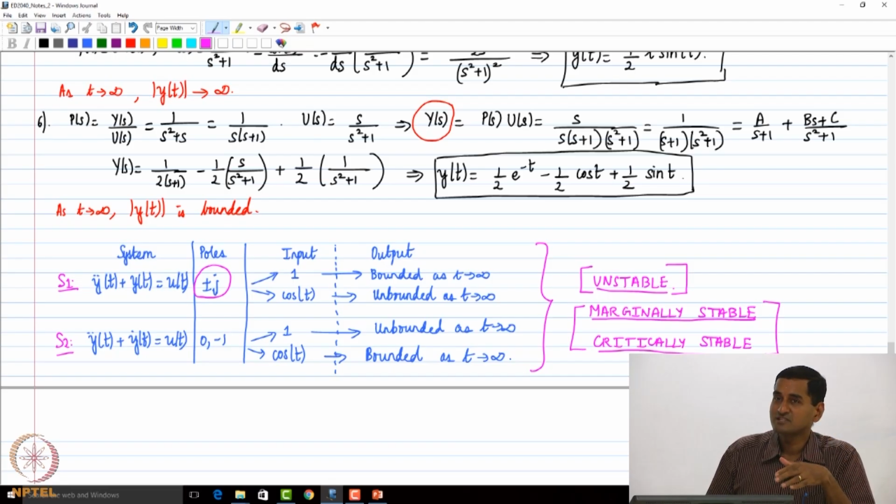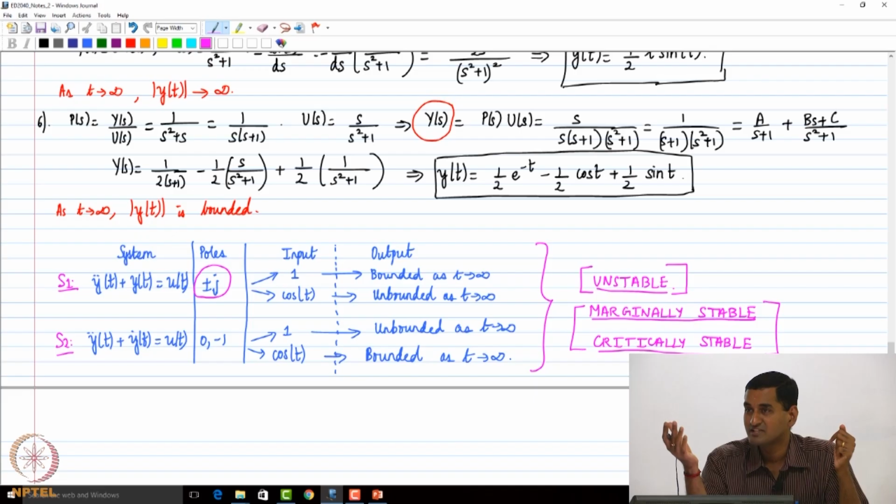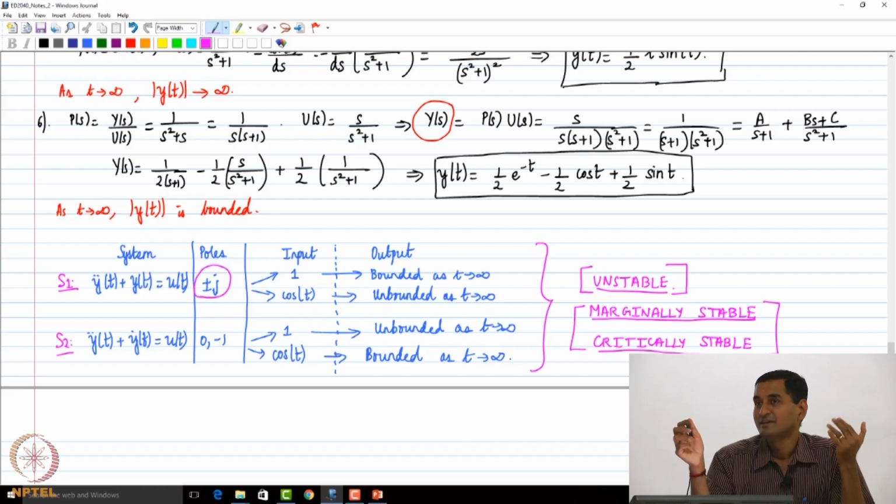See, we will see that such systems can be like an undamped mass spring system. If you have a mass spring damper system where there is no damper, you just have a mass and a spring, you will see that the equation of motion will become like that, because the Cx dot term will go to 0. So then you will have mx double dot plus kx equals f, right? That's what this is, right? So without damping, if you perturb, you are going to have oscillations that are bounded, but then the moment you give a step, the output will become unbounded. Okay, so that is the